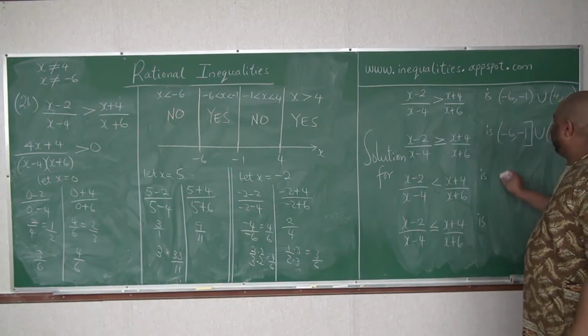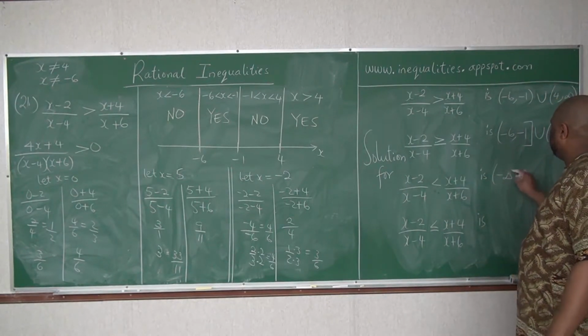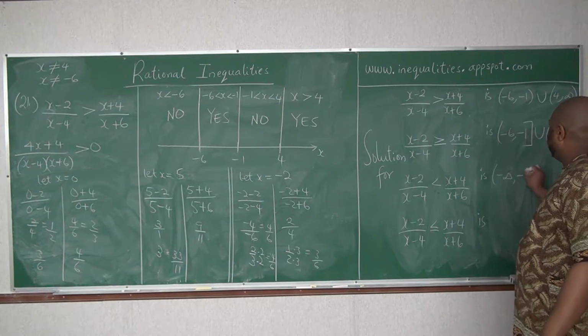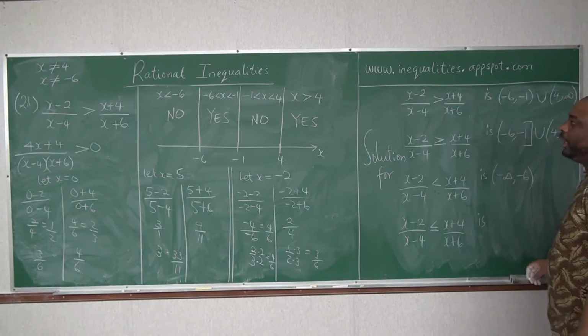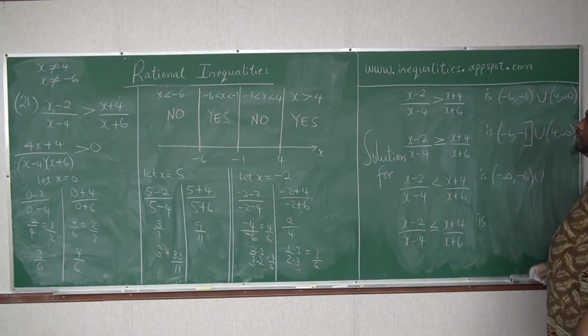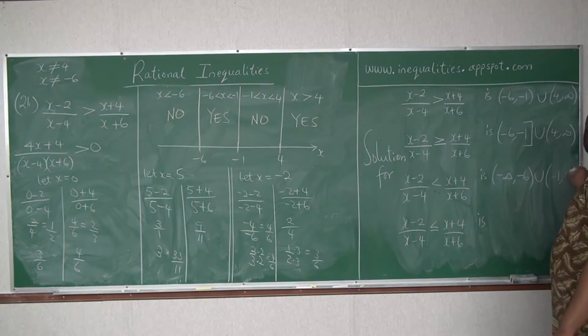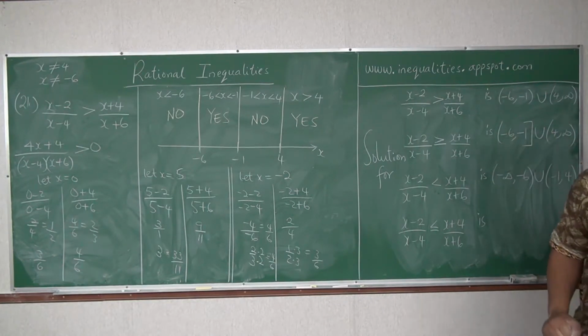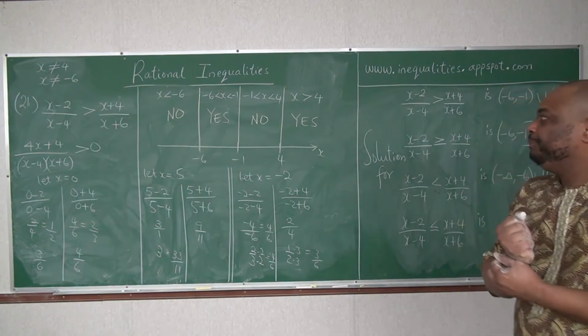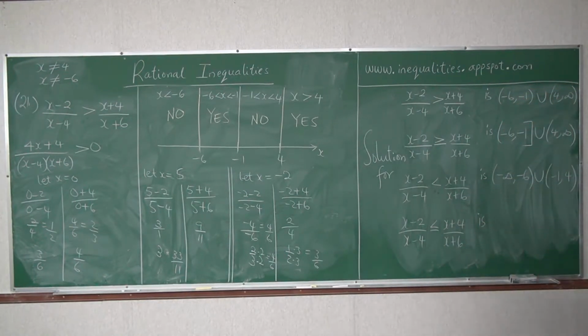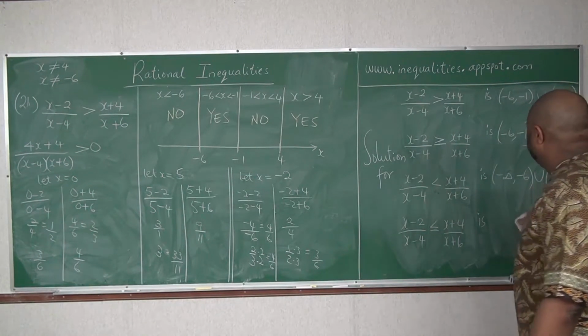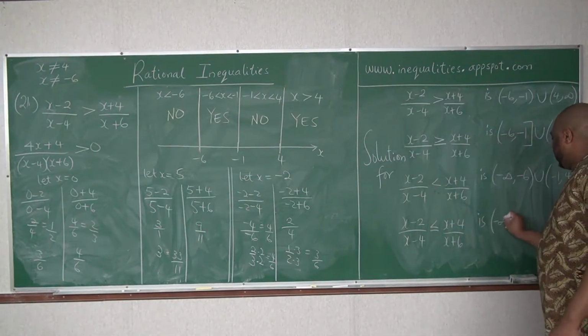So this will be from negative infinity to negative 6, union negative 1 to 4. And then the last one, less than or equal to, would be from negative infinity to